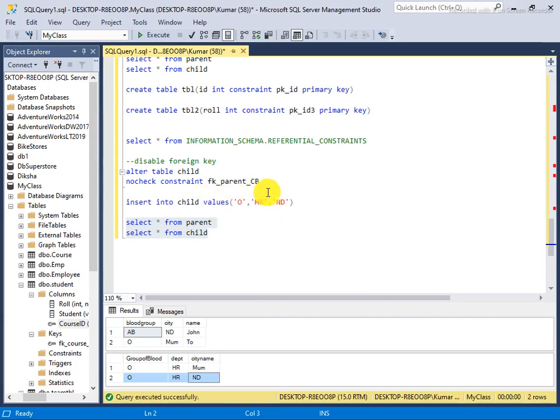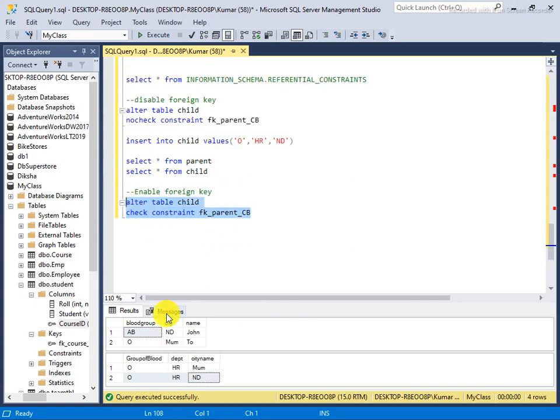So now if you want to reactivate the foreign key, then you can say here enable. You will say check. This time you will say check.